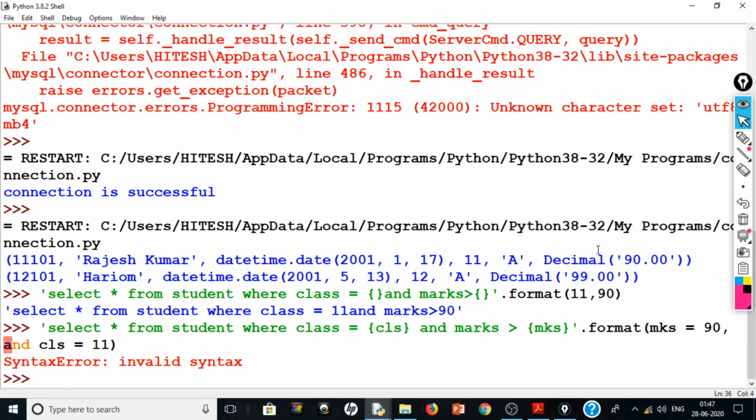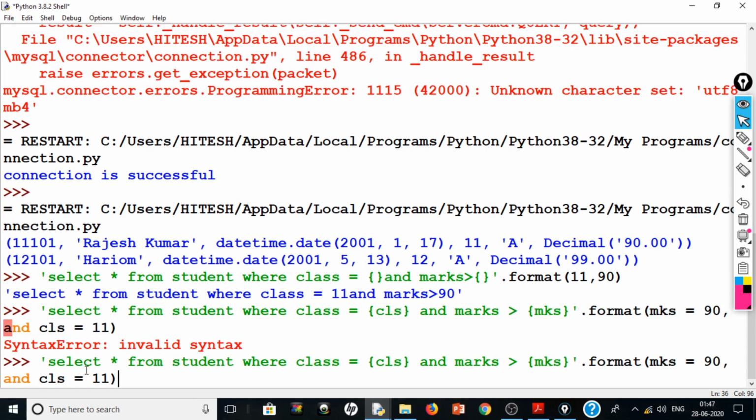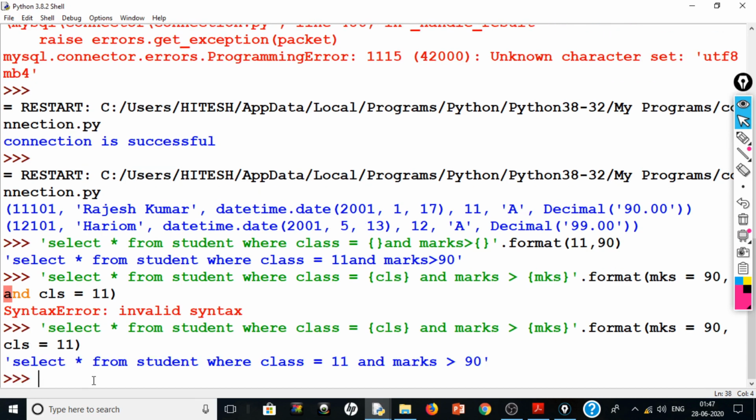We get a syntax error. So I don't have to write "and" here, I have to write a comma only. So MKS=90, CLS=11, right? So we will get select * from student where class = 11 and marks > 90.